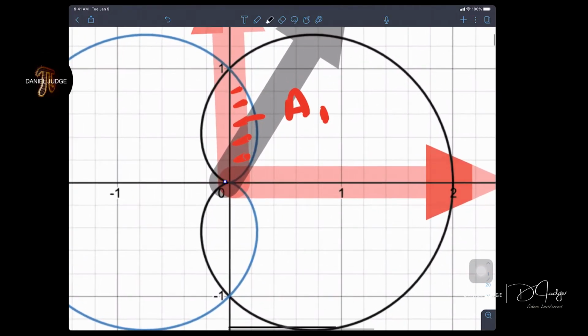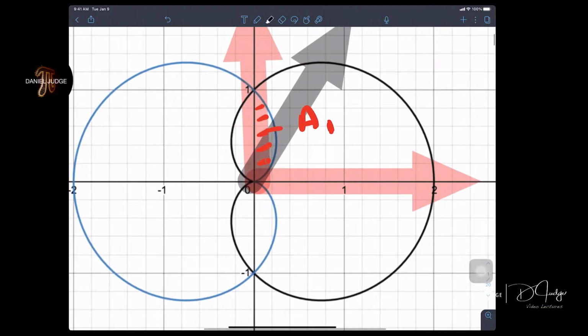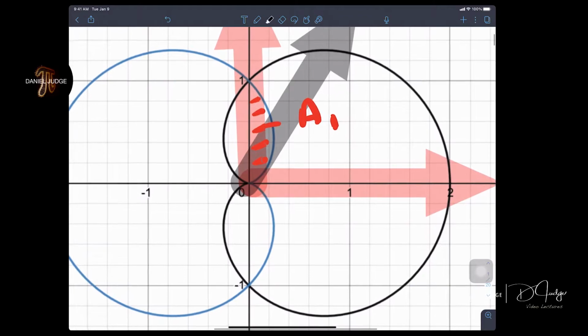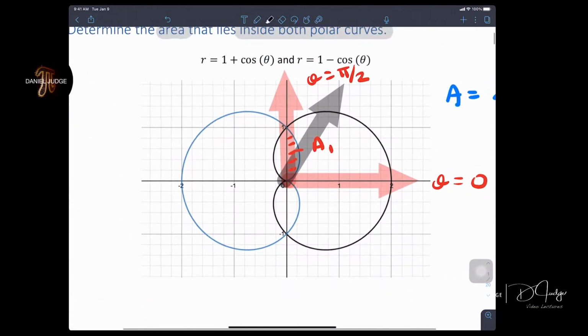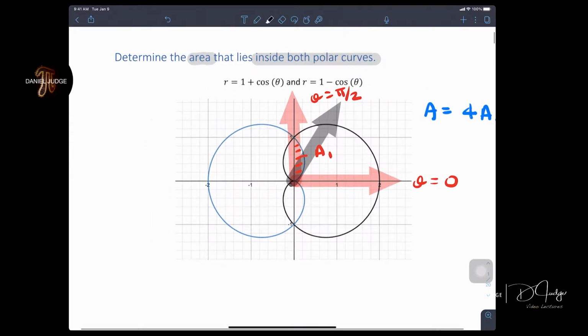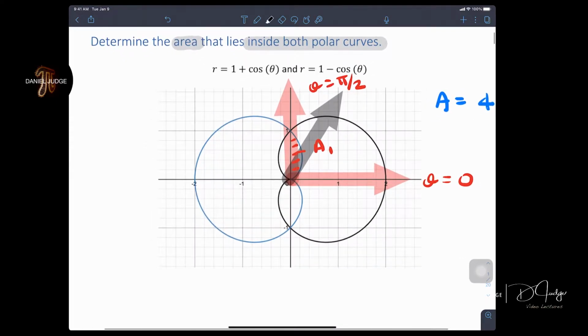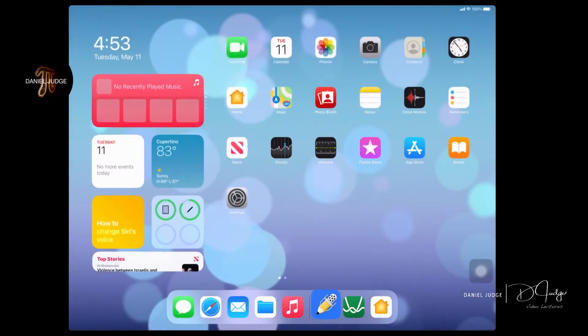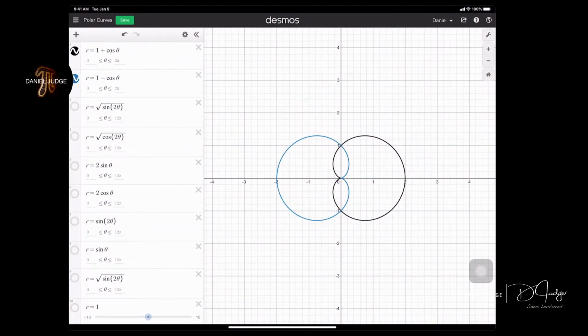If we take a closer look, we're going to use what's called the blue curve. We have to know what curve that is in blue. So I've got two curves here: r equals 1 plus cosine theta and r equals 1 minus cosine theta. I want to remind you in Desmos here,